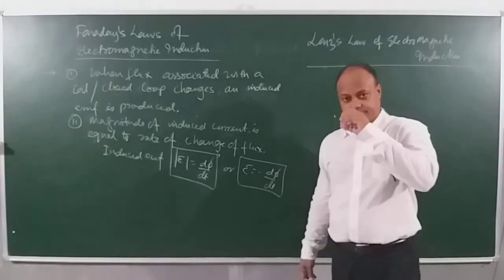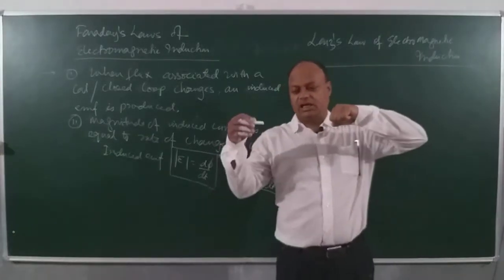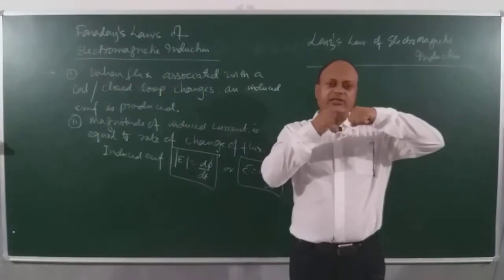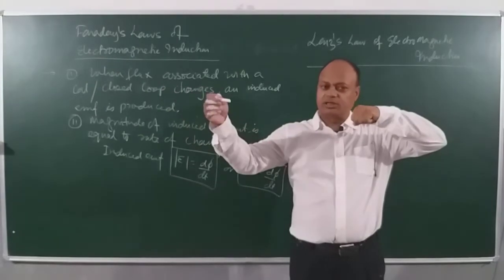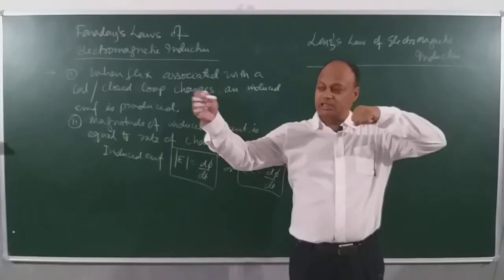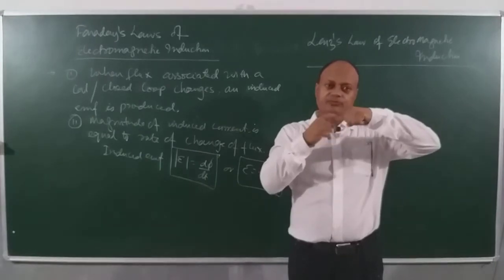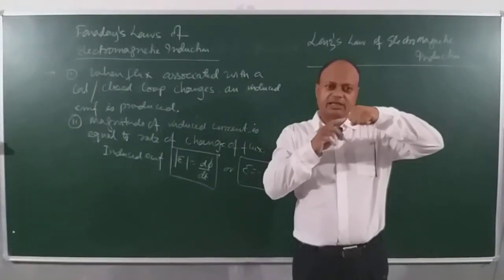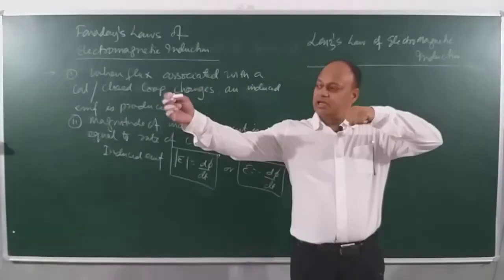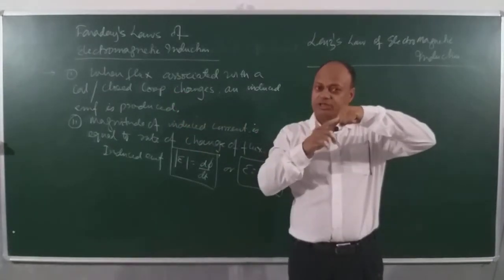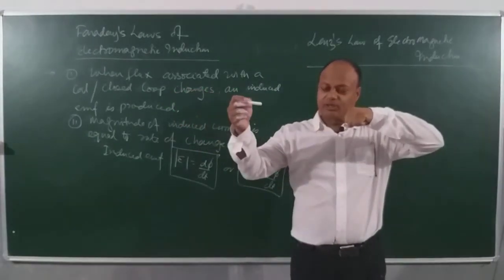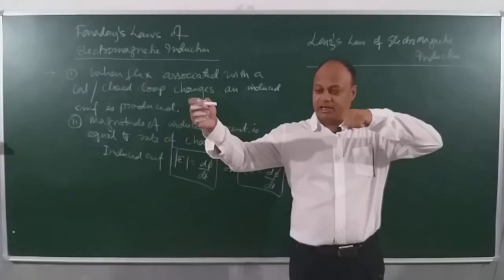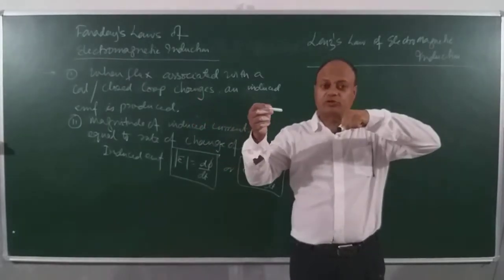Actually, children, this is the coil, suppose, and I am moving the magnet towards the coil. When the magnet is far away, I see there is no current in the coil. However, when the magnet comes close enough, and the moment the lines are intersected by the coil, then onwards I will see there is a current being set up in the circuit. Now, the interesting part is that the moment this current is produced and I want to move the magnet closer, I will find that the magnet is now experiencing repulsion, and I have to do work in bringing it closer against repulsion.